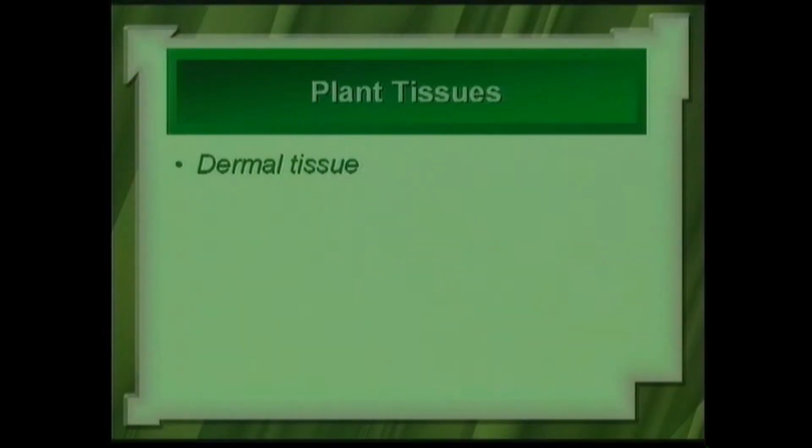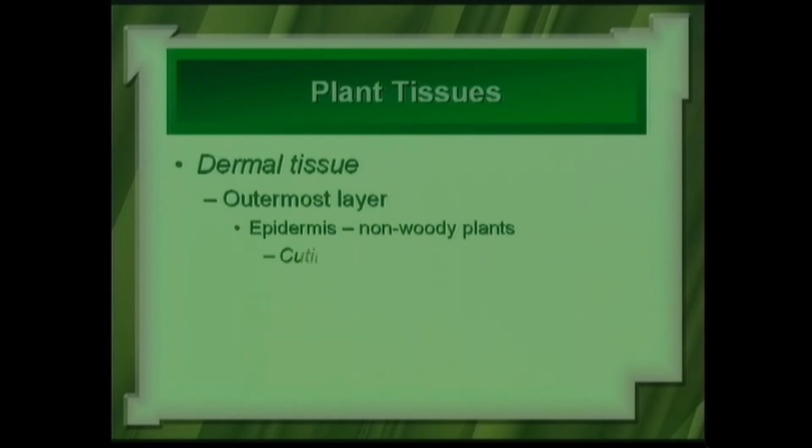Okay, let's see. Next, we also have tissues known as dermal tissues. These dermal tissues are generally the most exterior part of the plant. They comprise the outermost layer of non-woody plants, all right? And the outermost layer of non-woody plants is called the epidermis, just like in humans. And generally this epidermis has a substance on it called cuticle. Do you remember cuticle? We talked about cuticle before, and cutin, when you're touching a piece of a plant,